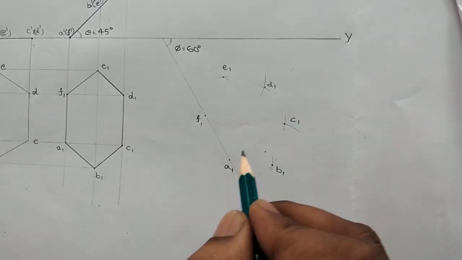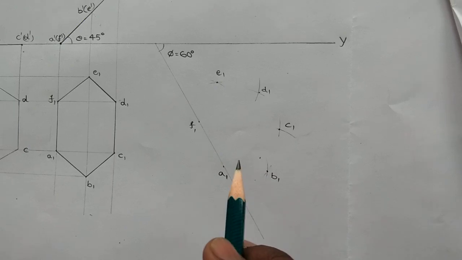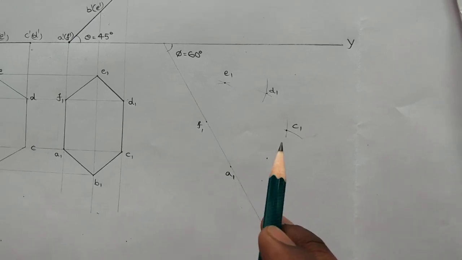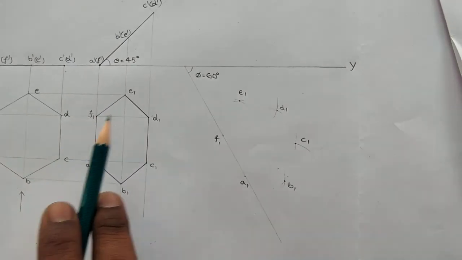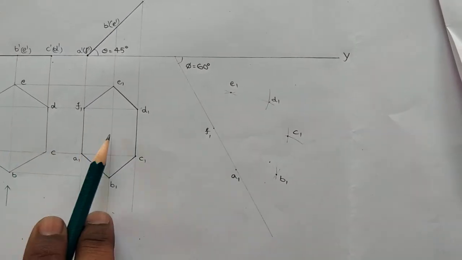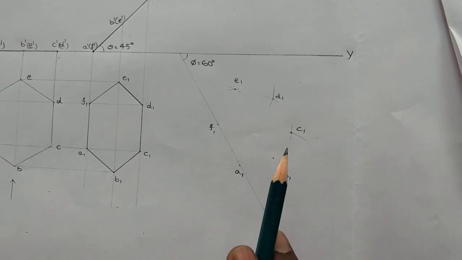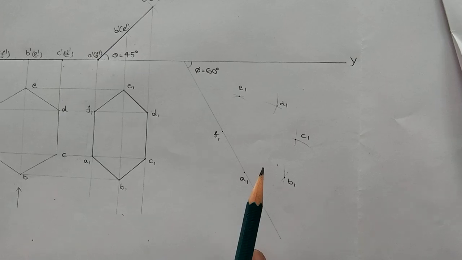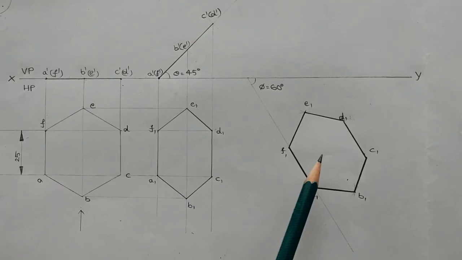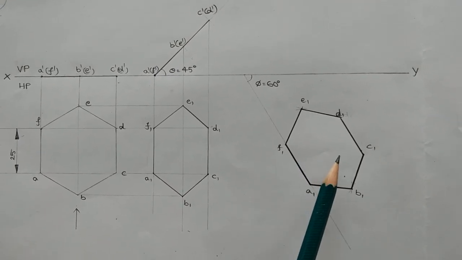Then finally join all the points in the correct sequence, the 6 points, with HB pencil. Only the final stage projections are with HB pencil. The first 2 stages are with 2H pencil, because this is our aim in the problem. Next I am going to join all the points with HB pencil. Yes, in this way we can join all the points with HB pencil.